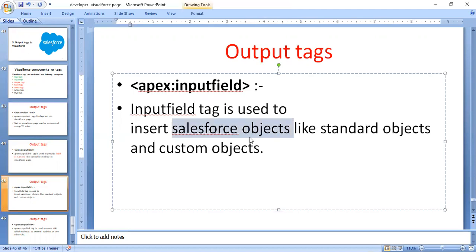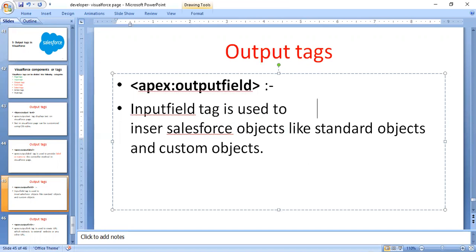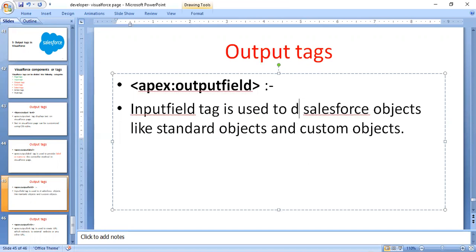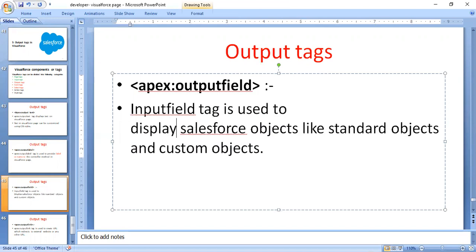Now the output field tag: it is not used for inserting, it displays information, such as Salesforce standard objects or custom objects. To display that information, you will use the output field tag.